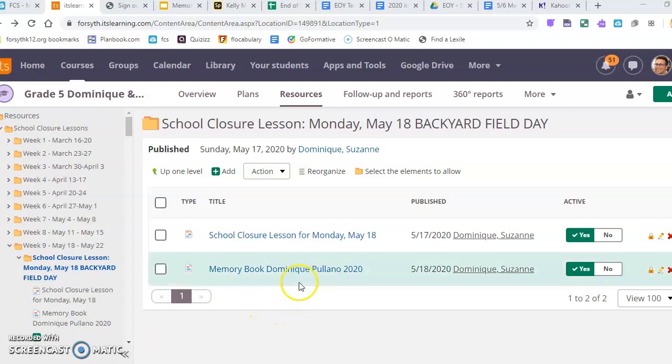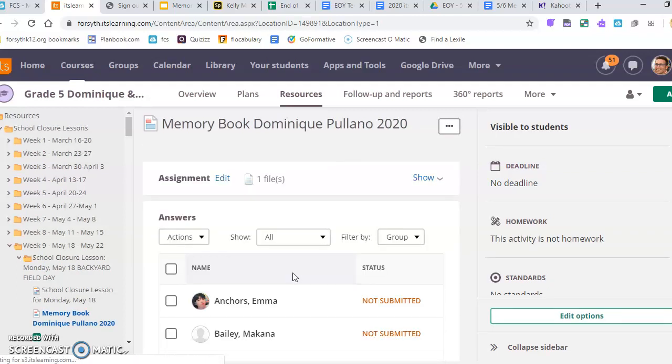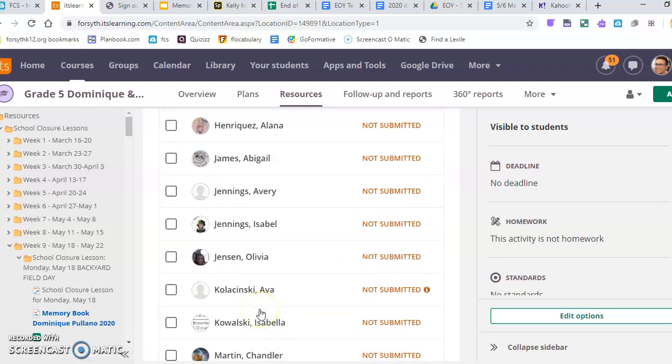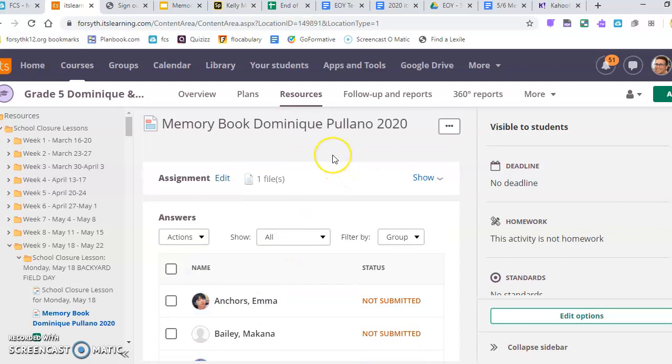You're going to go in, you have the memory book here. Just like an assignment, you'll open it up. It'll make a copy for you, just like you've done with a lot of the digital things here. And for you guys, some of you already got the news. We have it here where we can see who has downloaded it. Then when you go to